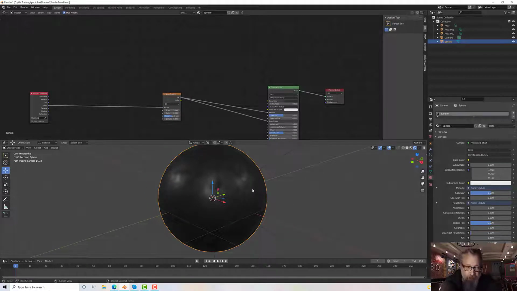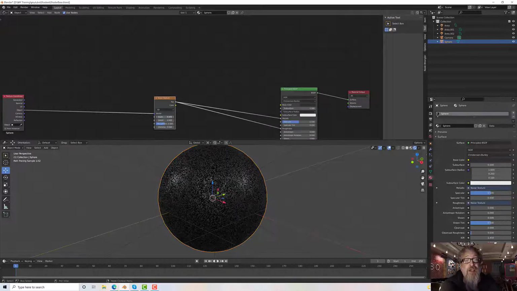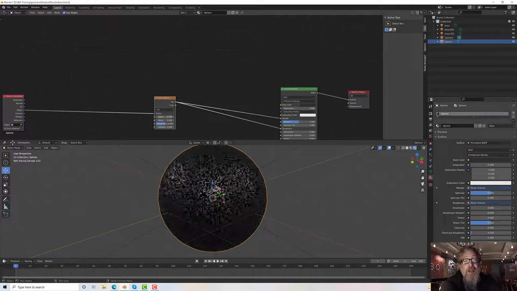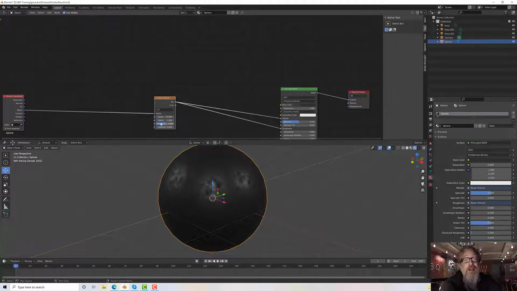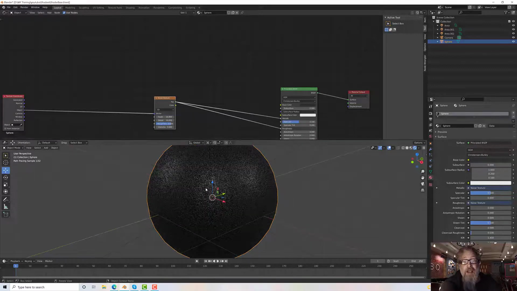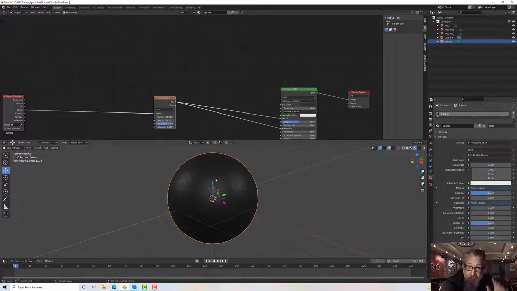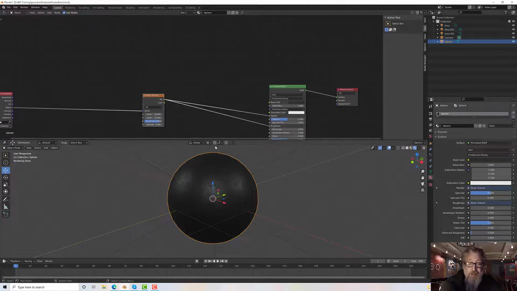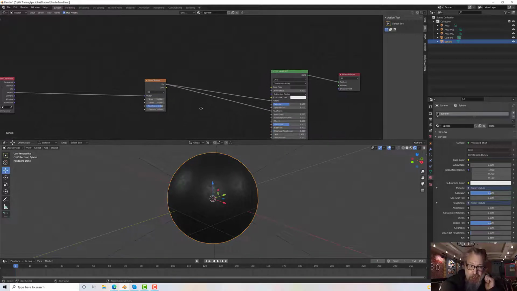So, you know, this noise is all very well, and we can change it, we can update it, we can do all sorts of things. We can change the scale, for example, up and down. Up is finer, if you like. We can change the amount of detail in it, and we can change the roughness in it to get just the effect you want. But what I want to do is actually change the strength of the output, and we'll do that with a